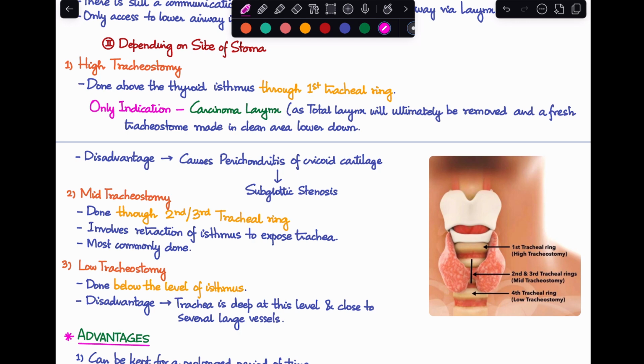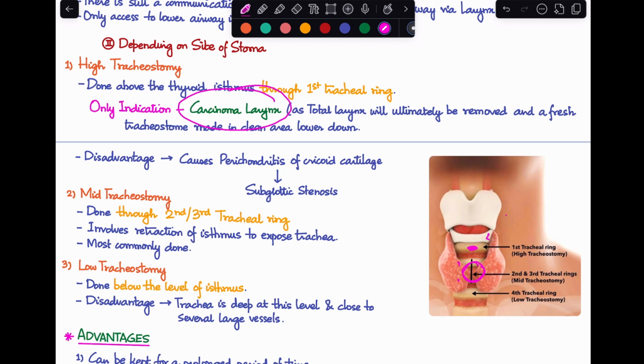Now, if we look at the image over here, this is our thyroid cartilage, this is our cricoid cartilage, this is our first tracheal ring, second tracheal ring, third tracheal ring, fourth tracheal ring, and here we see the thyroid isthmus. So this is the anatomy over here. Now, high tracheostomy is, if we look at the isthmus, any incision which is done above the level of the thyroid isthmus, which is mostly done through the first tracheal ring, is known as high tracheostomy. And the only indication for this is a case of carcinoma larynx, when we have to perform a total